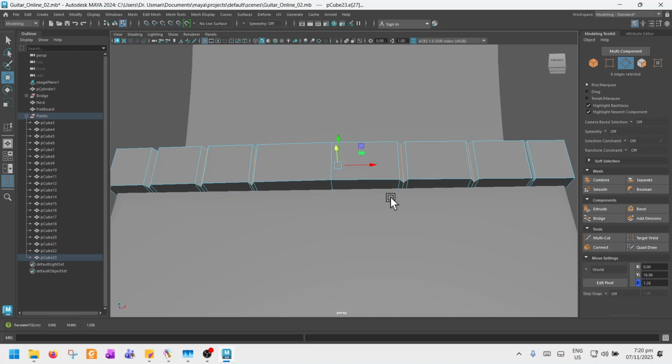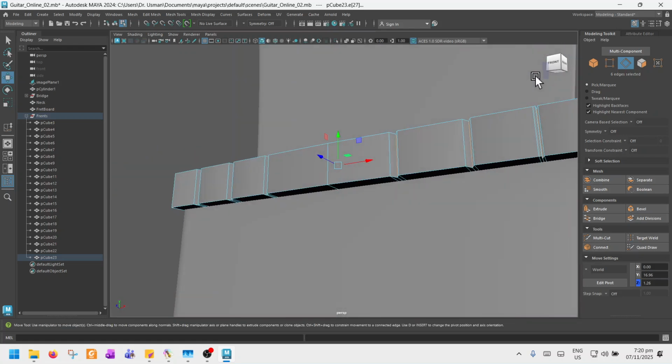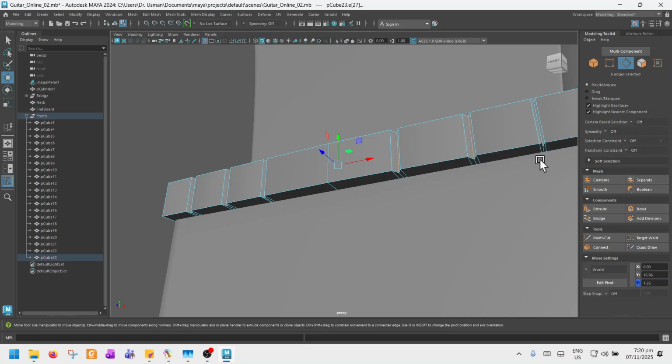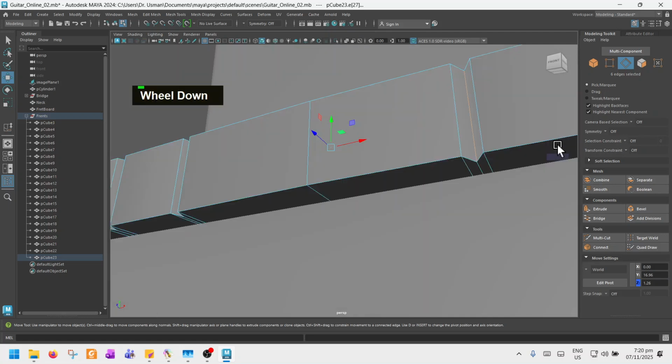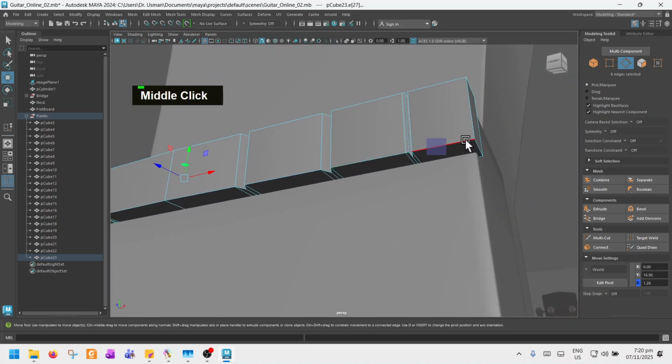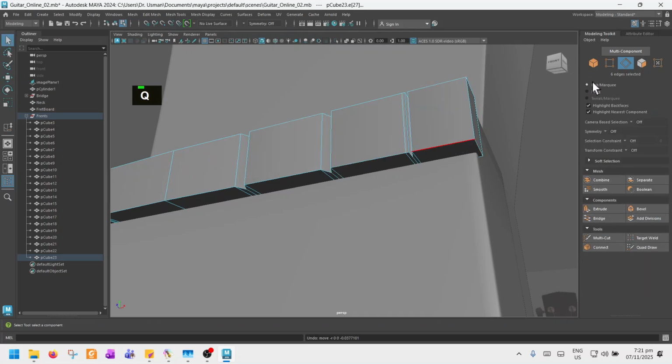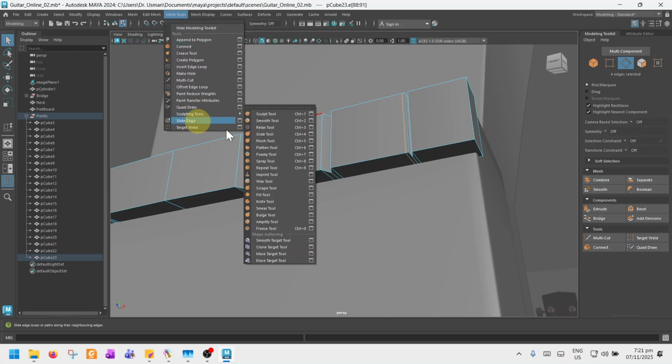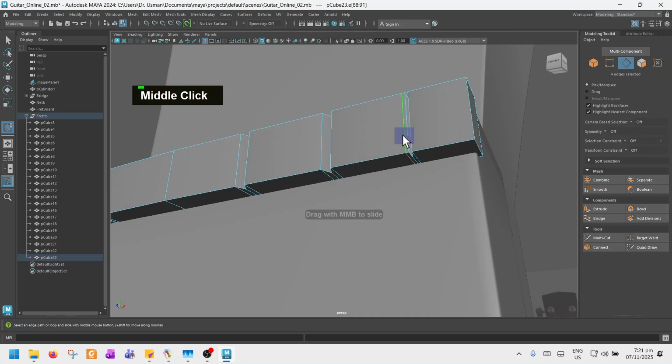Okay, this is good, only this one is not very good. So I want to select the edge loop around its edges. See, this one, undo. I will come up with press Q, and I will go to this, select this edge loop, and I'll slide it a little bit off to the other side. Slide edge, and with center mouse button, I will slide it a little bit away like this,